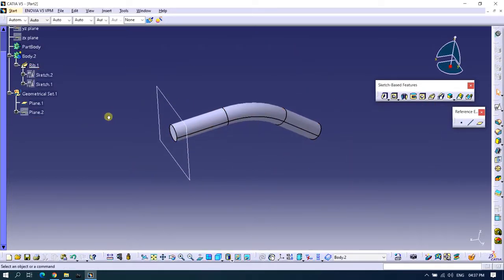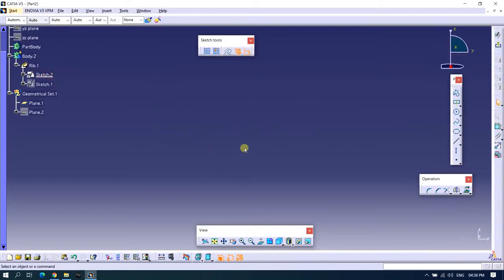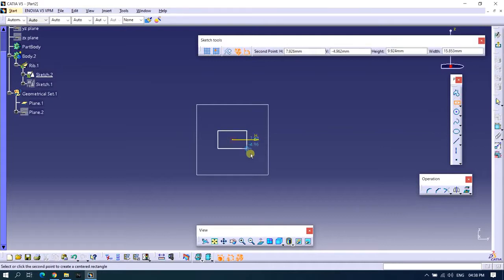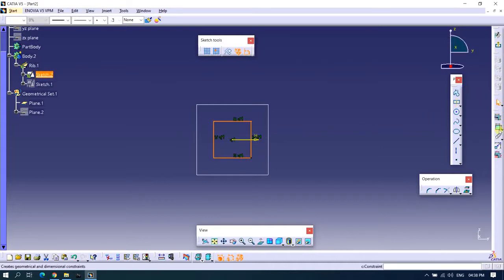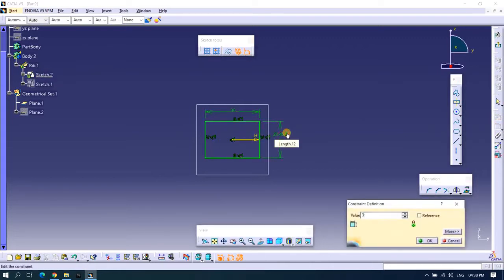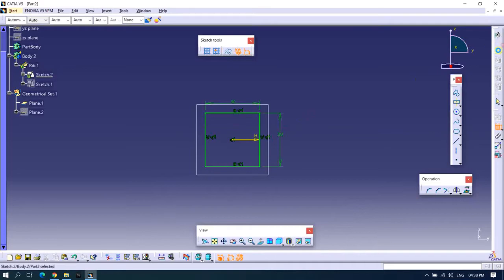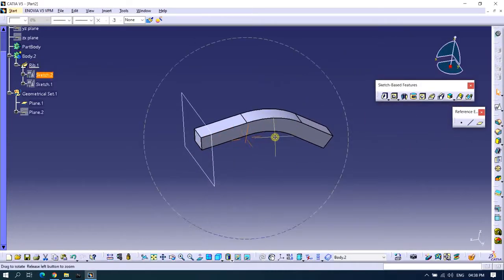So let's change the cross section. (30 by 30). So now you can see here